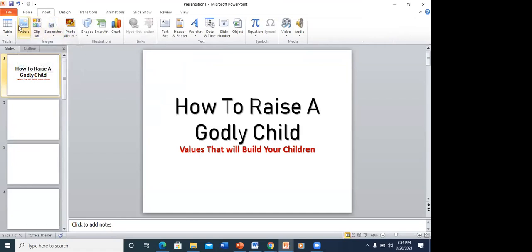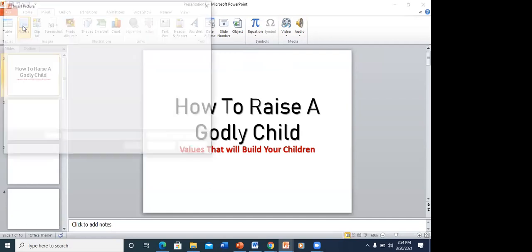When you click on insert, you can create a table, you can put a picture, you can go to your photo album, you can even add a video or an audio. But we want to put a picture. That's the first way you can do it.